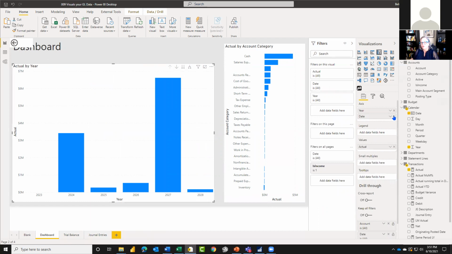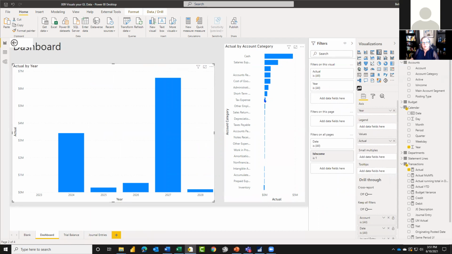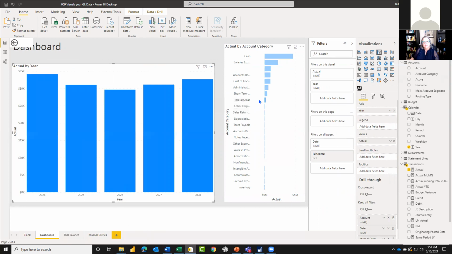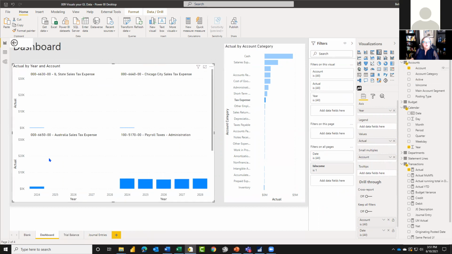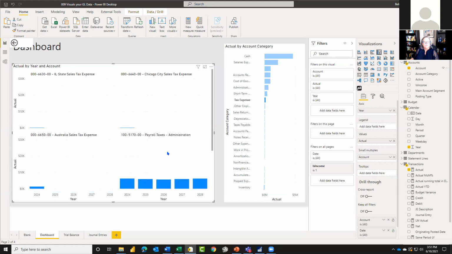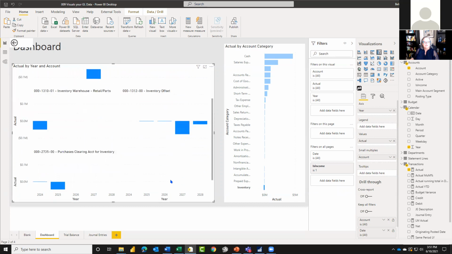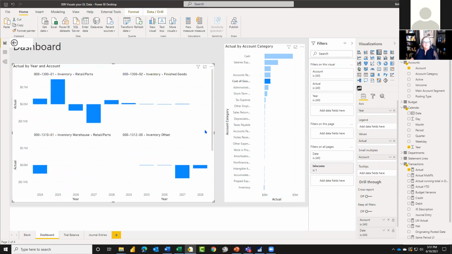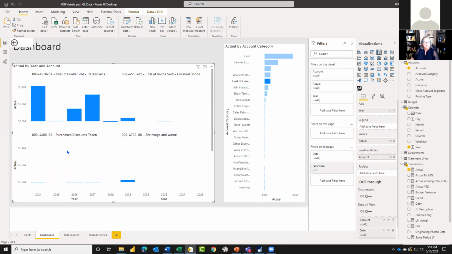Now, another thing that you could do here is when I select one of these, I'm going to select that tax expense again. One of the options we have are what we call small multiples right here. And I could take the account number and add them into the small multiples. Now I have little individual charts or visuals for every account number that contains information in this area. So if I come in here to inventory, now I'm looking at inventory accounts. And if I come into cost of goods sold, I'm looking at cost of goods sold amount. And they're all sharing the same axis information, but this is another really cool way of being able to,